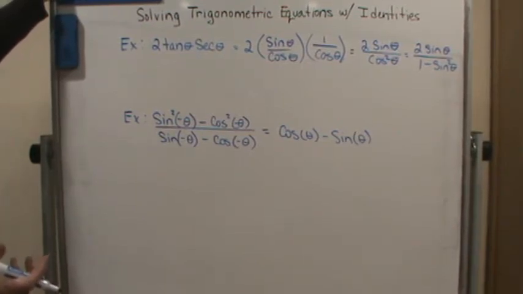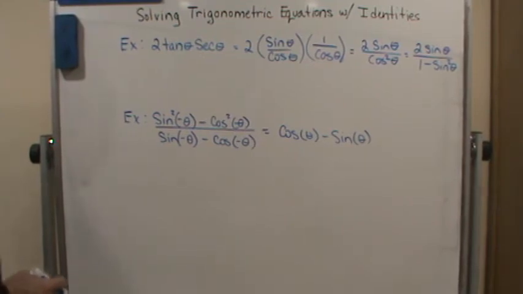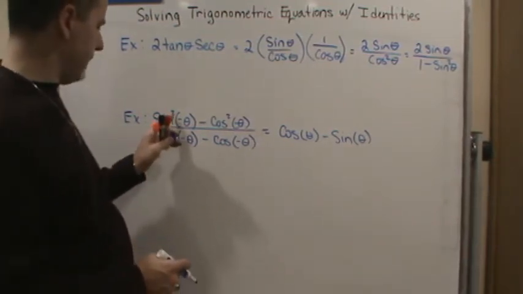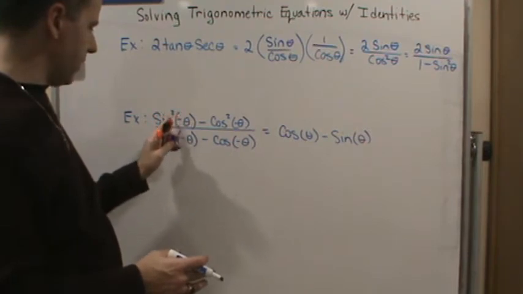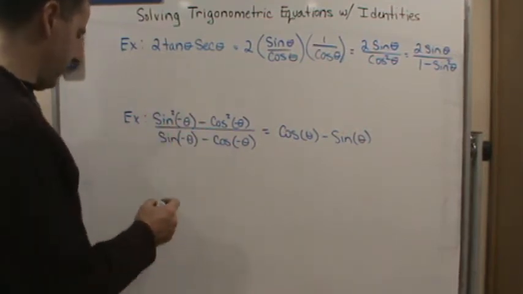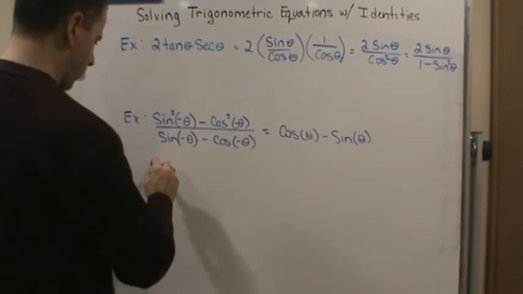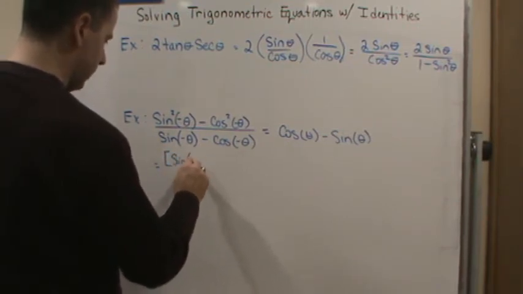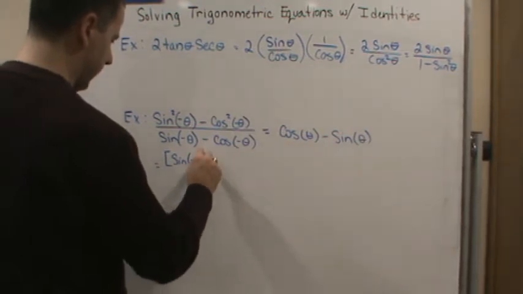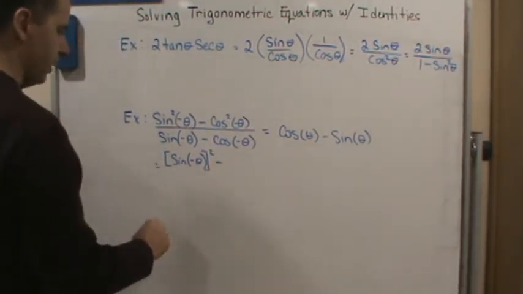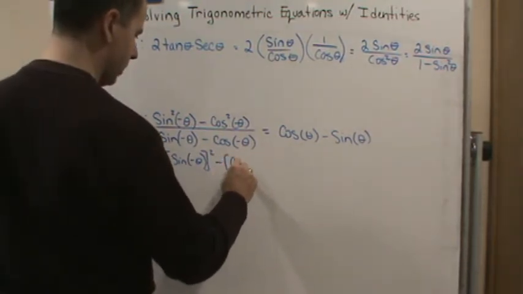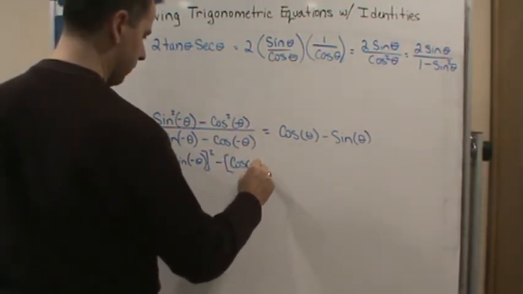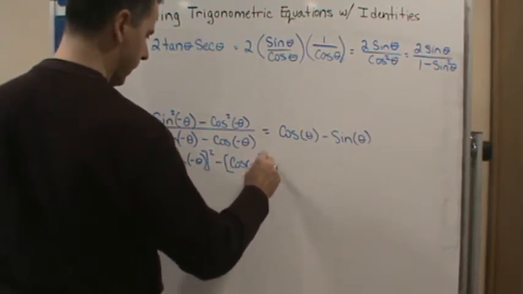Sine is an odd function. Cosine is an even function. Okay? So let's use that. But before we use that, we've got this square in here. So we've got to rewrite this so that we understand that this whole thing is being squared. So let's do that. So I'm going to write equals, and I'm going to write this as sine of negative theta squared minus cosine of negative theta quantity squared